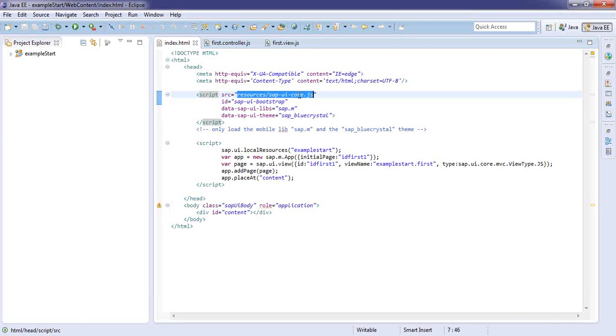You need not worry about what has been written inside that. All you have to worry about is whether it has been included or not. This contains